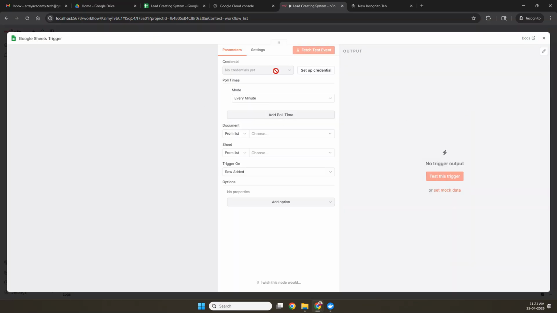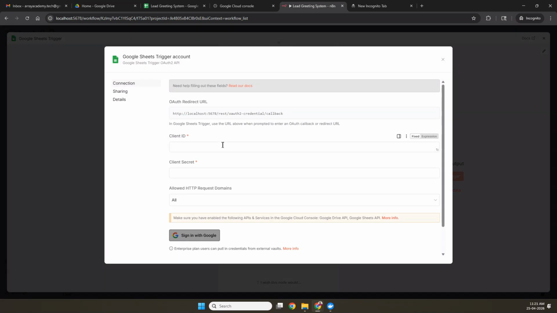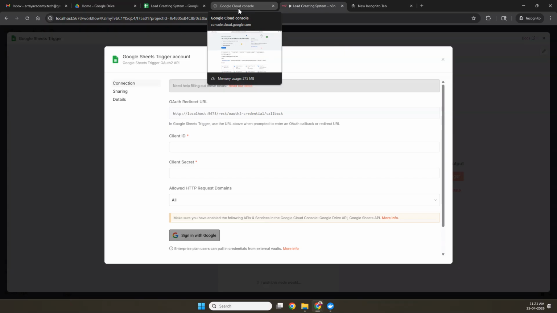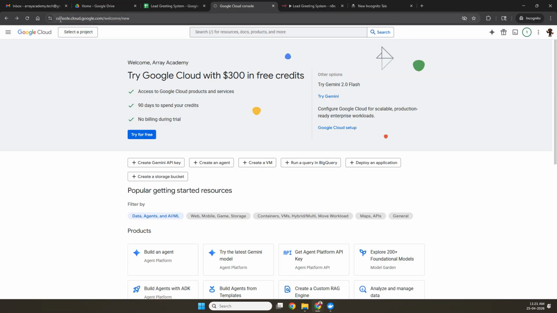Once you enter into this, you have to set up the credentials, because once you click set up credential, it is asking for client ID and client secret. So the question is where we will get this. It is very simple and it's completely free. So we will head to this Google Cloud